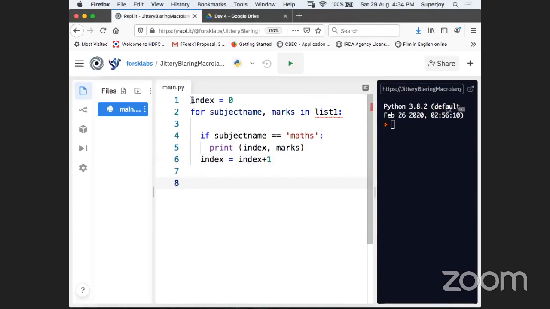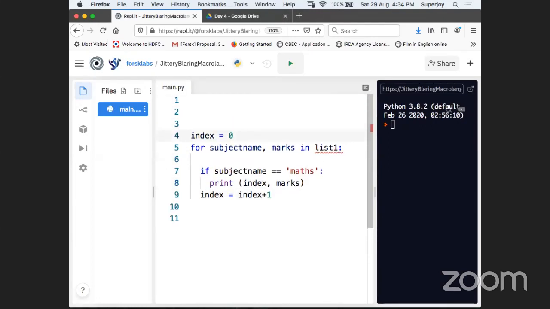List one is not defined yet, so I can write a list one here, something like that, guys. I will take 3 tuples here, and I will write physics as the first subject, with marks, let's say 50.